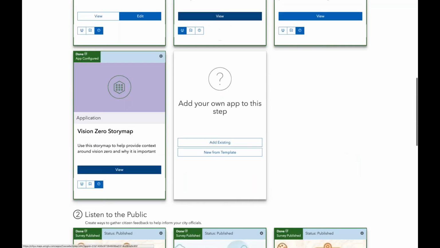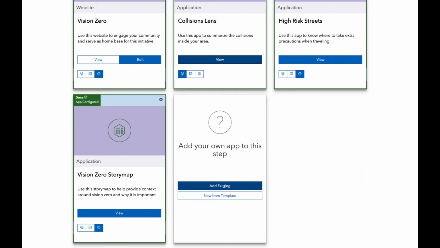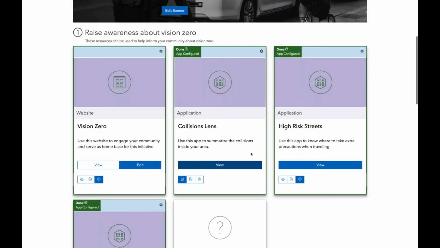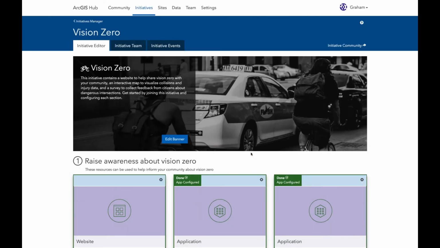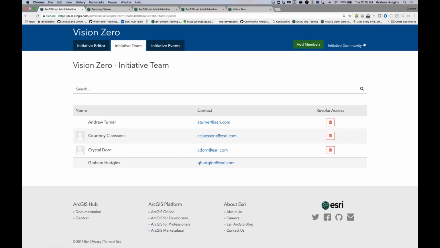So that's the setting up side of it. You may have really great existing content, so by all means, bring that in, and it will simply share it to the right places. You may want to make something new, so we have some blank templates for you. You're not forced to use what we think is good. It's just a starting point. And you can bring in your colleagues to help you do this for each initiative. We'll control behind the scenes the right access so that they can edit things and do all that for you. But let's take a look at that website again,